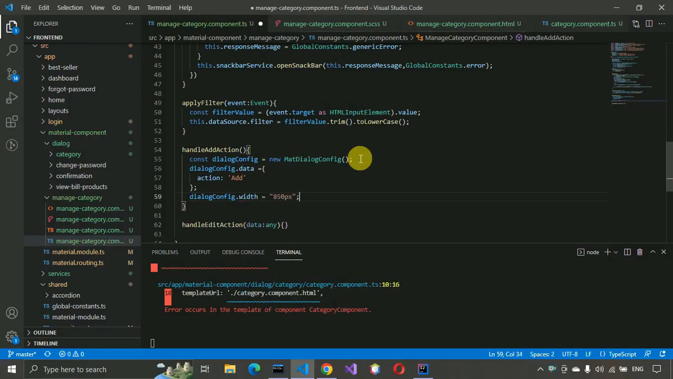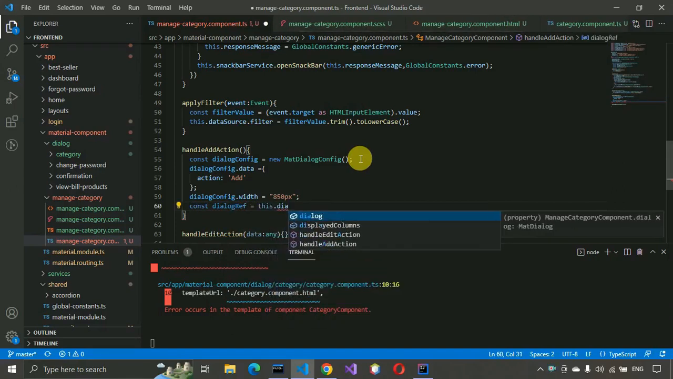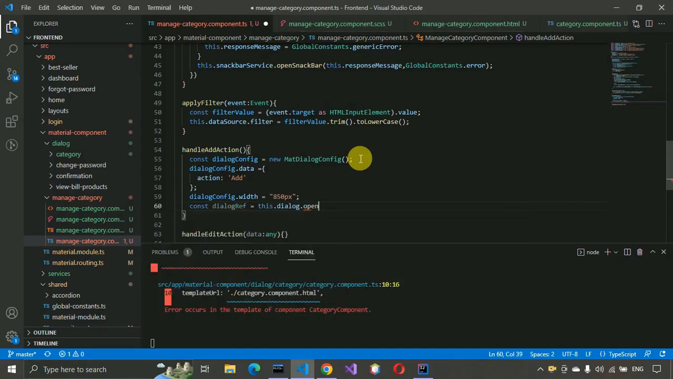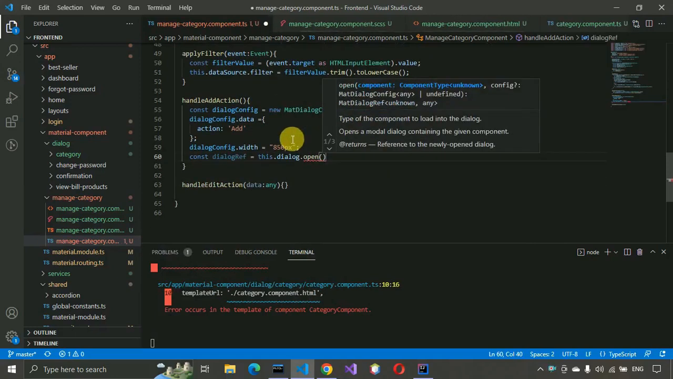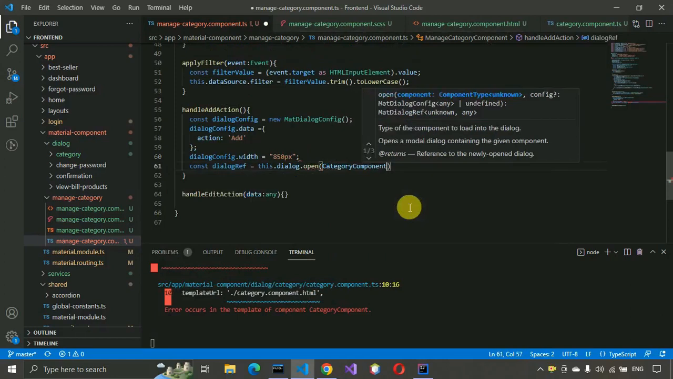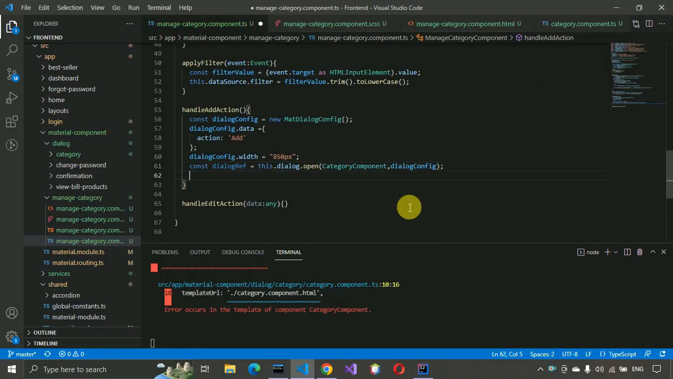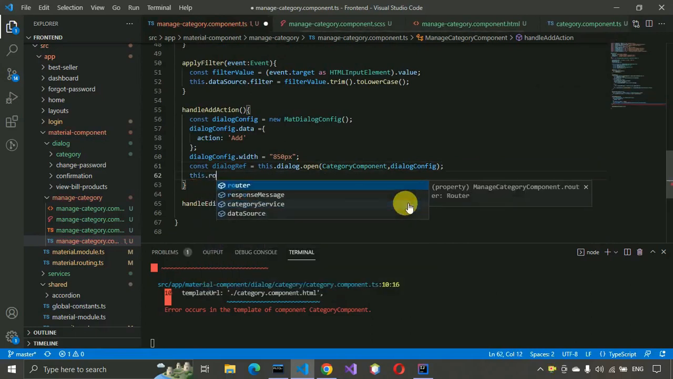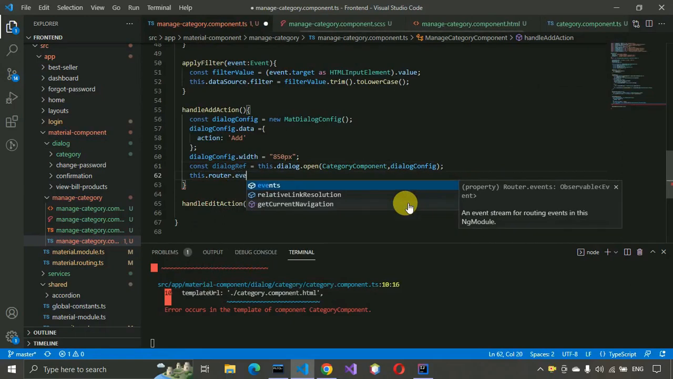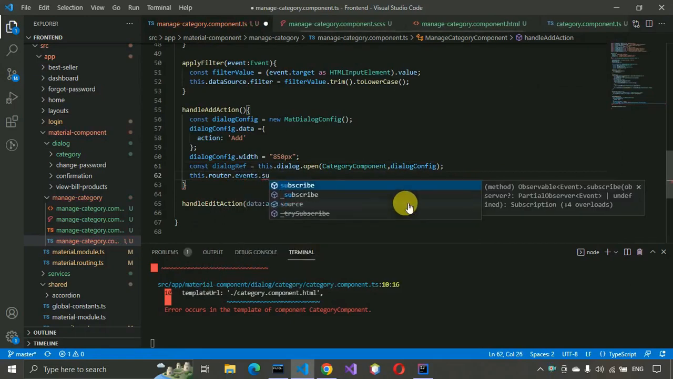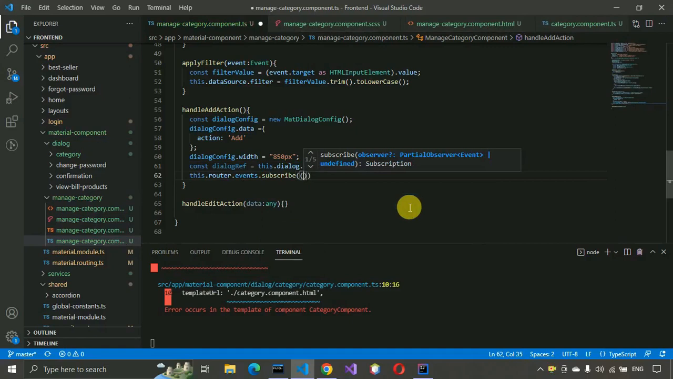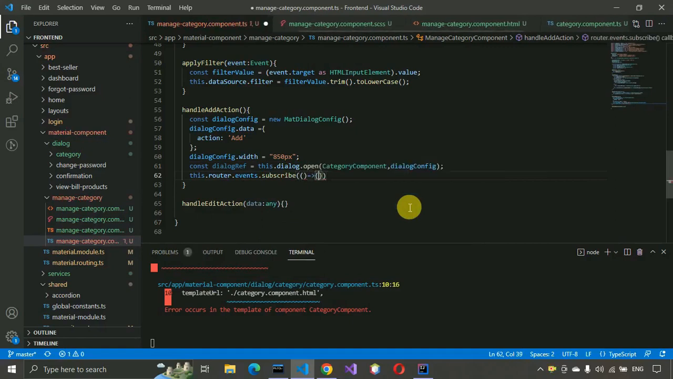px, and const dialogReference is equal to this.dialog.open. Let me move a little bit up this one. So category component we need to import, and dialogConfig we need to pass over here, and after that this.router.events.subscribe, and here we have to write dialogReference,